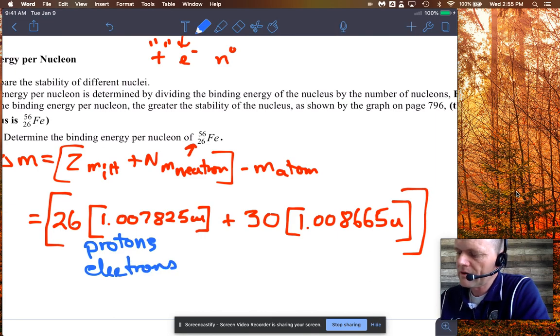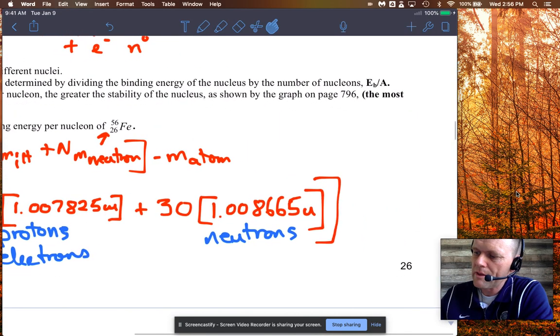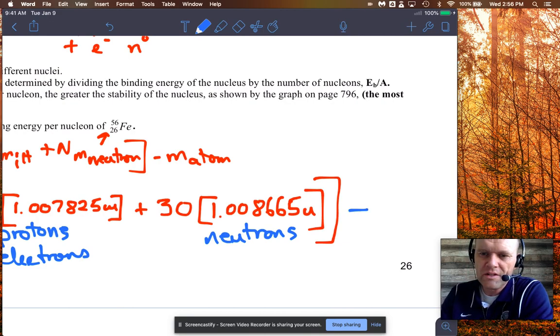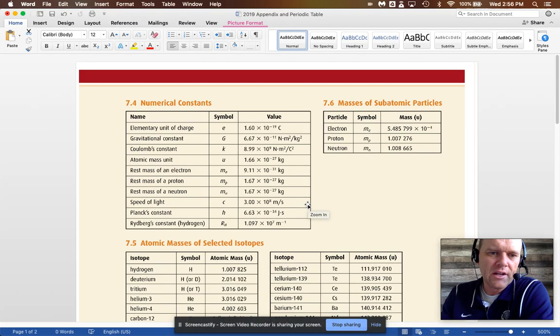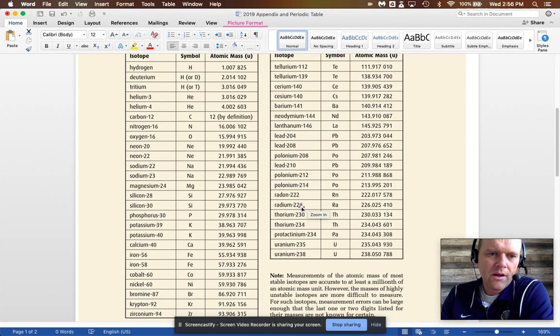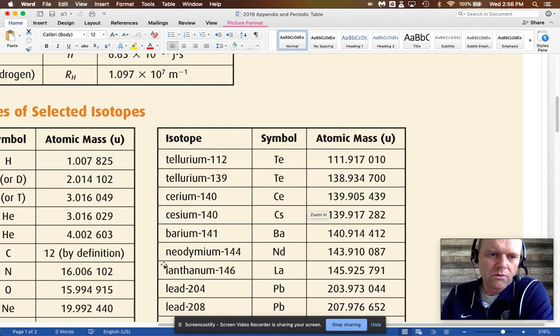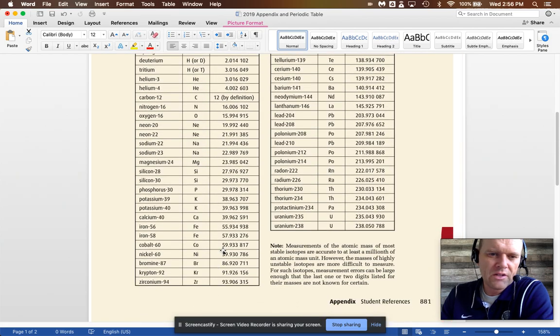And my second calculation took care of the neutrons. So in that way, I've accounted for the mass of all the individual parts of the atom. Now, all we have to do is subtract the mass of the atom. Okay, now this is iron 56. So let me pull this up here. Iron 56, let's find it. There it is right there. So iron 56, whoop, sorry. Did it too fast there. So iron 56 is